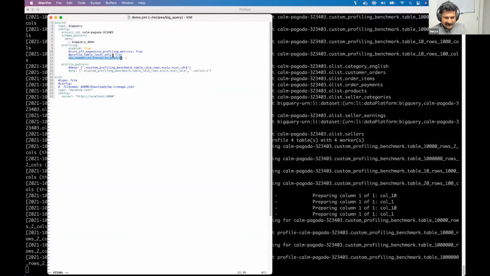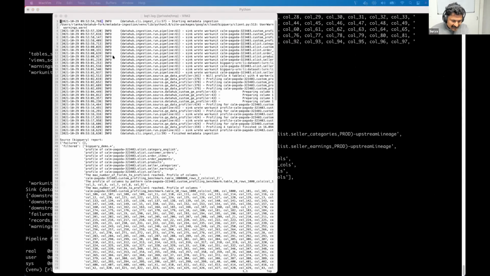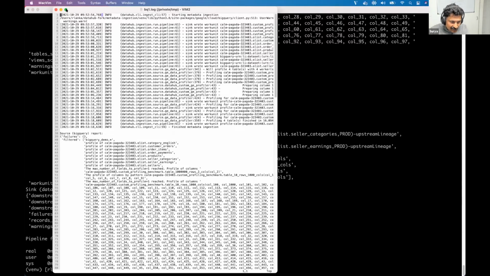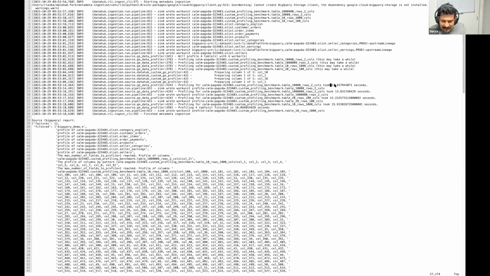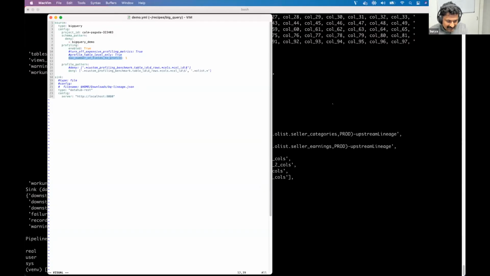It takes about 29 seconds to finish, and if you notice, it is typically taking about 15 seconds per table if we just sample one column. And then let's go ahead and turn on this one, expensive profiling.